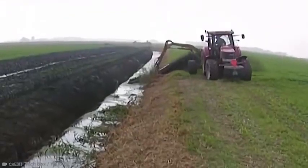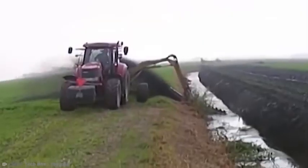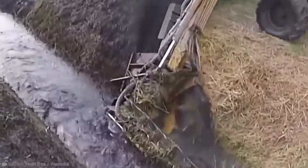A single twitch of the hand at the lever could cause this to go seriously wrong, yet the driver nails